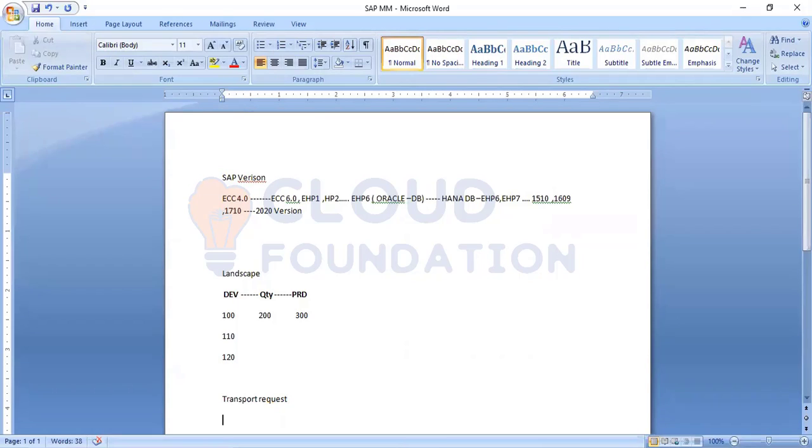Okay, so generally for this transport request we have two types. One is a